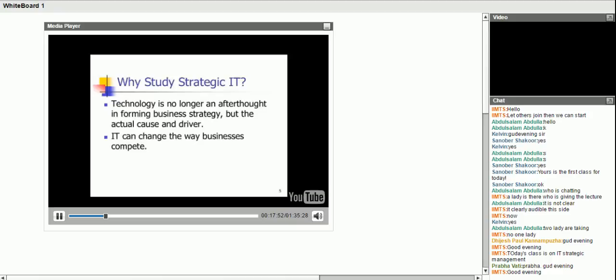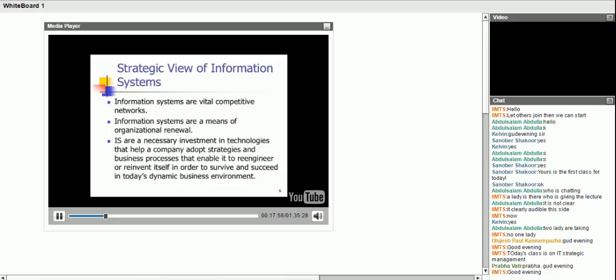I don't know. All right, so IT can also change the way businesses compete. The strategic view of information systems. One thing that the internet brought to us was information upon information upon information. And actually, I don't know if I even finished my example about FedEx and the shipping, but just as a side note to go back and finish that example,